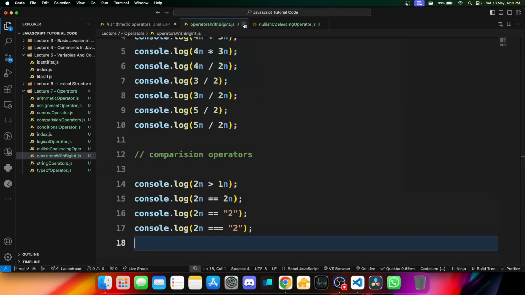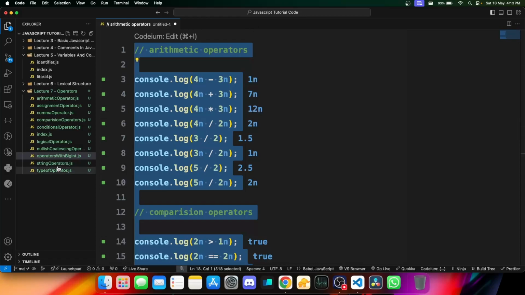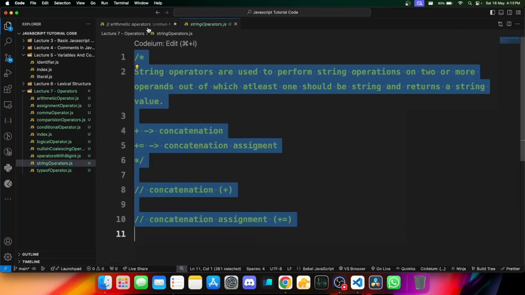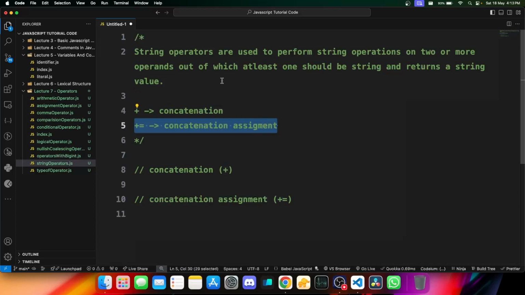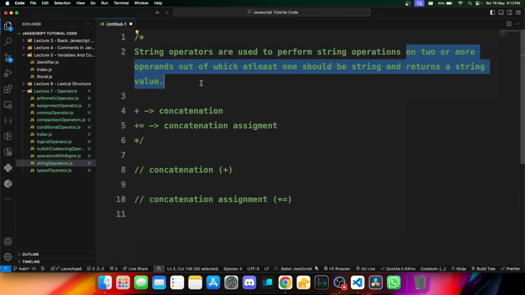Now let's talk about the next thing which we need to understand, which is string operators. Again, with strings, there are some operators that work with strings. The first one over here is the concatenation operator, and the second one is concatenation assignment. And actually, before talking about this, let's just read it once. String operators, you can see, are used to perform string operations on two or more operands,